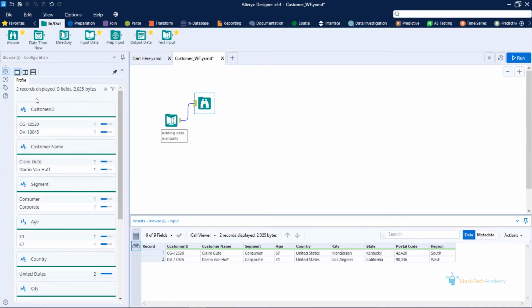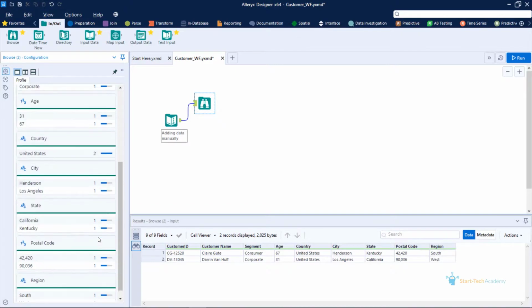On the left hand side, that is the configuration window, you can see more information about all the columns in our data. So here you are seeing a summary about each of the columns in the data. So in customer ID, there are two values. In customer name, there are these two values. In country, you can see there is a single value called United States, and it is repeating 2 times.